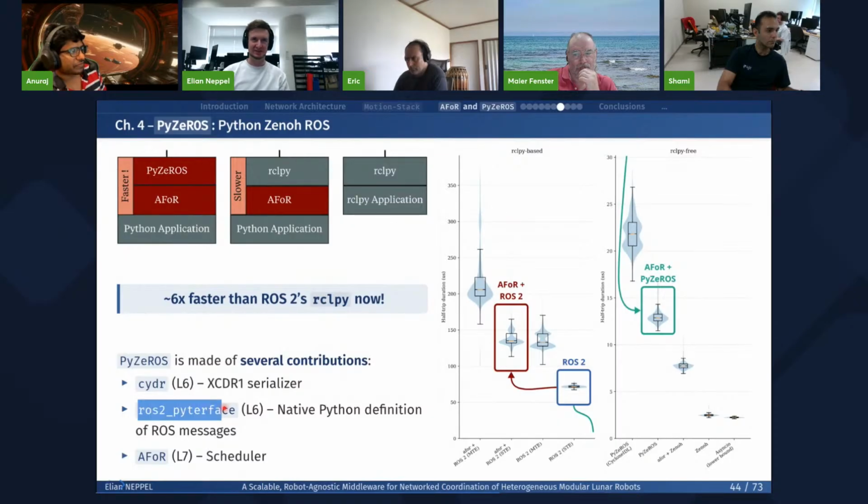Then there is ROS2 interface, which is just a way to define those messages inside of Python. And then there is A4, which is part of PyZeros, that is the asynchronous scheduler of everything. And the main conclusion of this, because I say a lot, grabbing a few microseconds in Python is not that important. But the main thing I want to prove is that asynchronous programming that is directly natively available inside of Python can be fast enough if we take care to create the proper libraries for it.